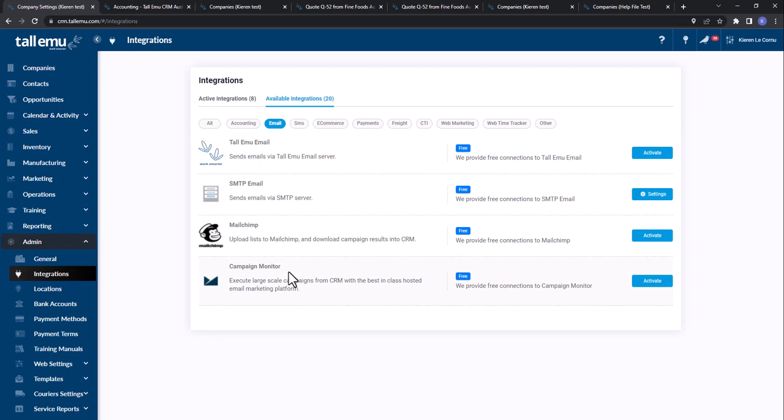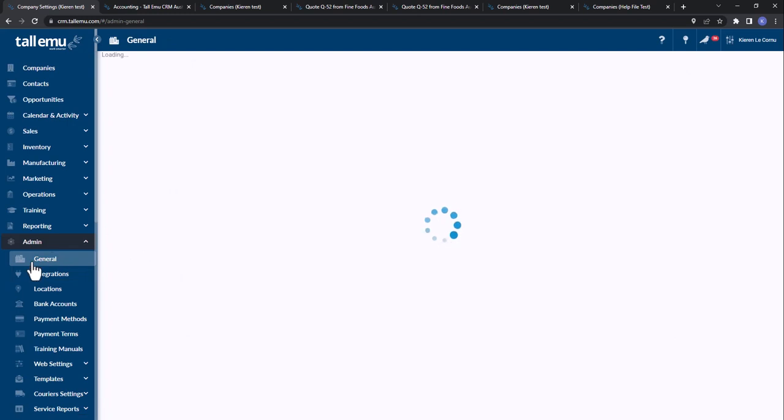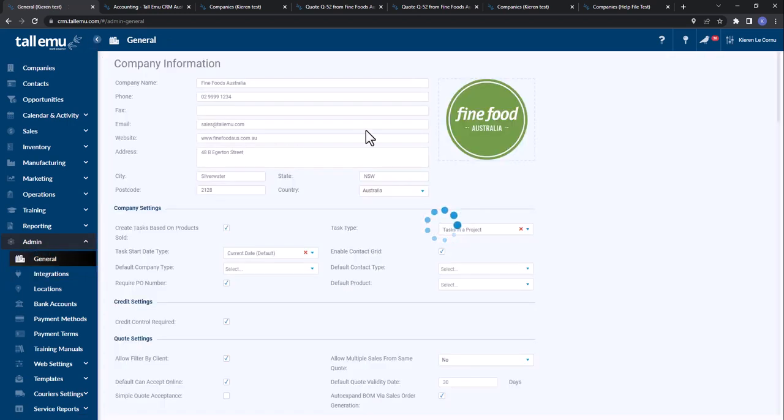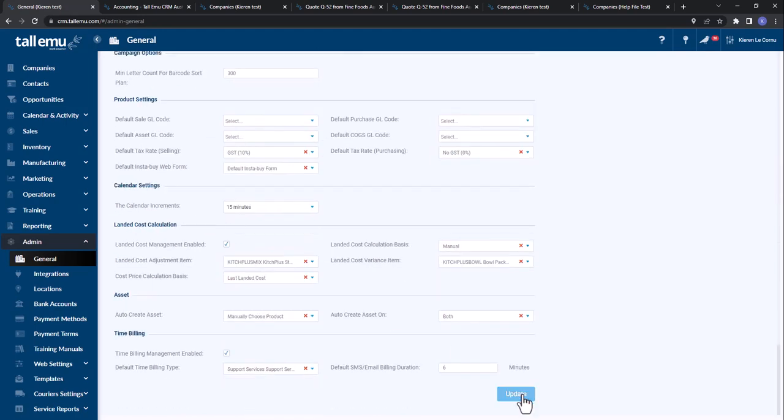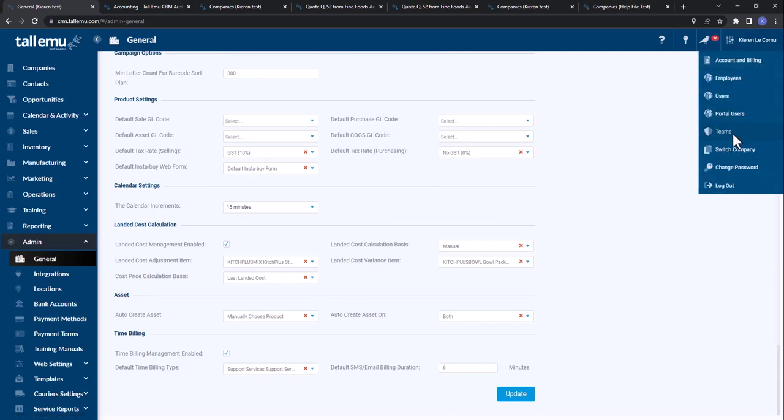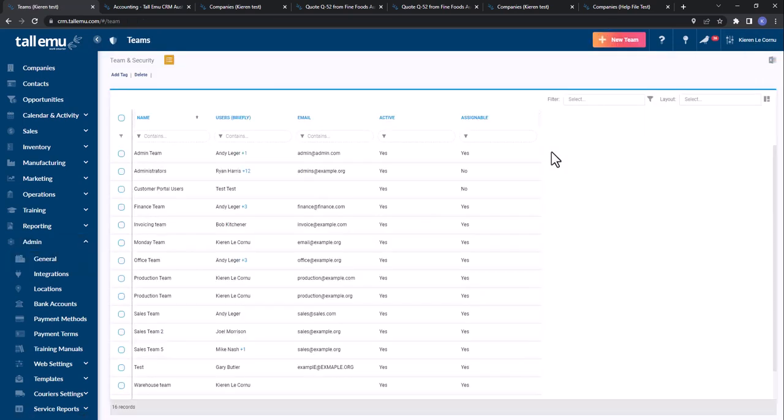So let's just review the key setup steps that we've been through so far. So the first thing that we want to do is come into admin and general, add your company information, add the ABN, ACN and bank details, scroll down and click on update to apply. We then want to come up to the top right hand corner and click in the Teams area and go and set up different teams so that we can then attach users to them so that they have